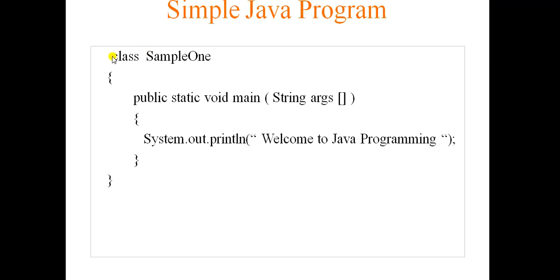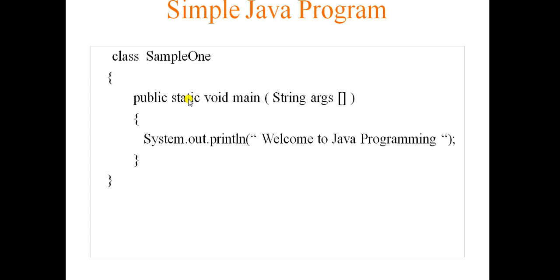That means this class is a keyword, sample1 is the name of the program, and we have to save this file with the same name as the class name, which consists of the main method, that is sample1.java. Each and every class in Java consists of an opening flower brace and a closing flower brace, and this public is the access modifier that says that this main method is publicly available for all the classes, and static is a keyword